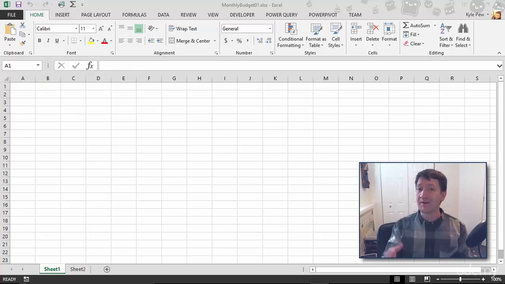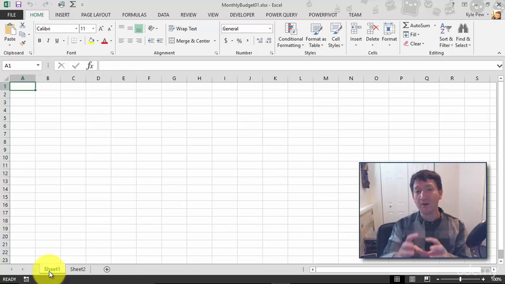Now open in front of you, I've got that file that I've been messing around with, this Monthly Budget 01 document. And I've got my two little worksheets there. I'm going to make sure that Sheet1 is active just by giving that a click. There I am. And I'm going to start to enter some data into here. And this is going to be the document that you're going to use throughout the rest of this course called Monthly Budget 01. So my first step, I want to put a nice title at the top of this worksheet,